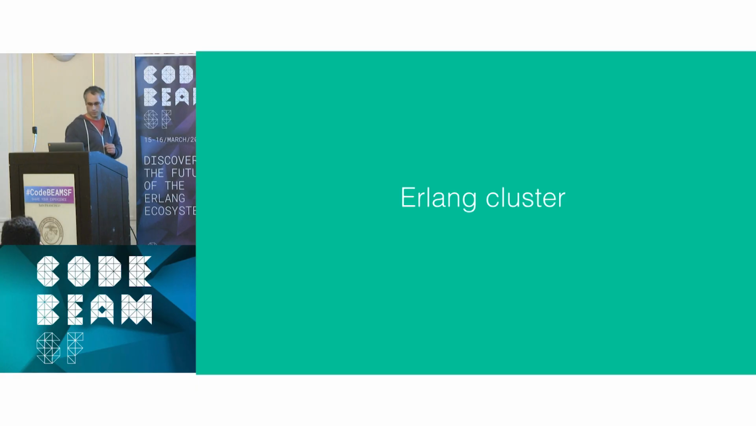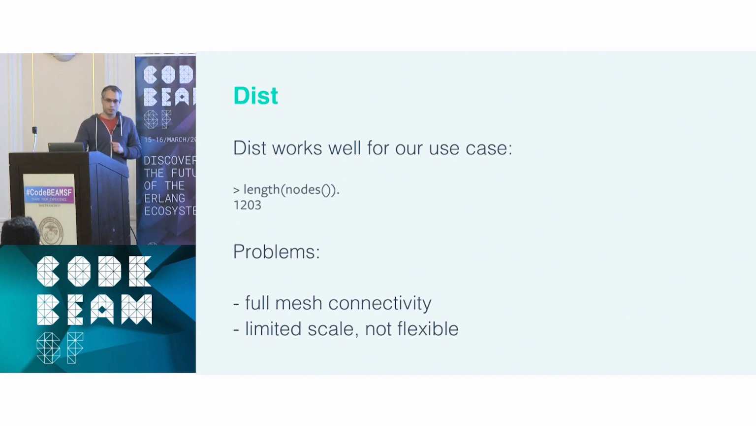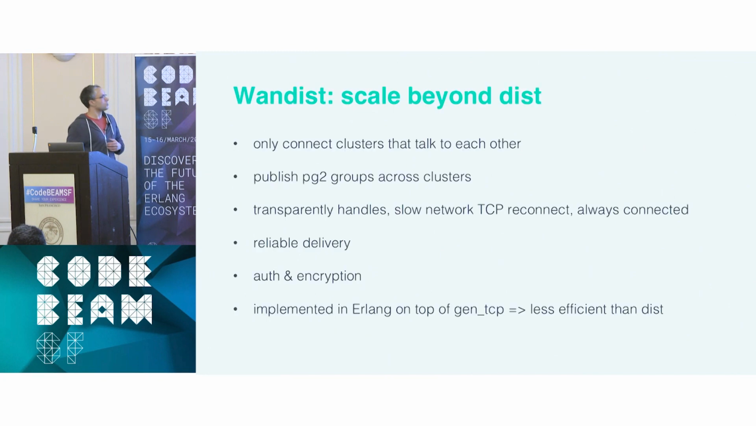Right, so a couple of things about how we run large Erlang clusters. So we still rely on dist because it's very efficient and has been working for us very well. This is one of our larger clusters. As you can see, it has over 1,000 nodes. And all of the dist problems are pretty much known at this point. It requires a lot of connections because it maintains full mesh connectivity. And it's also not flexible enough, as I explained in some of the earlier slides. So therefore,